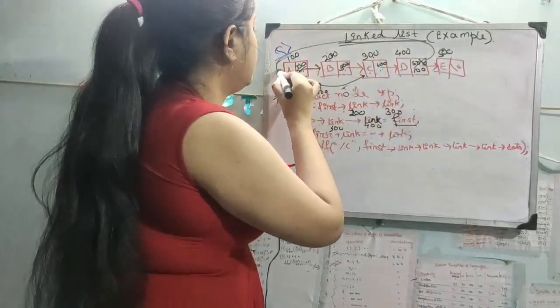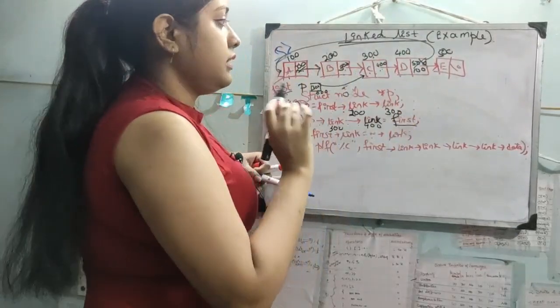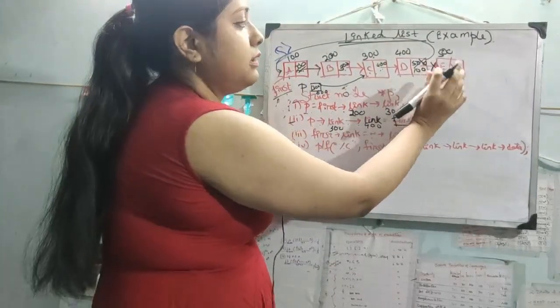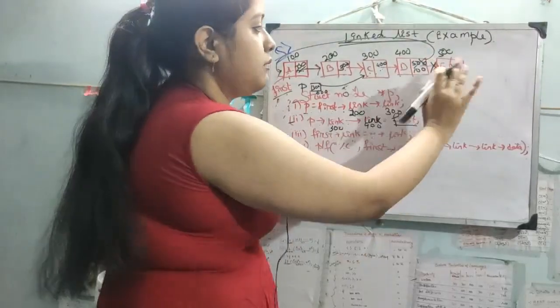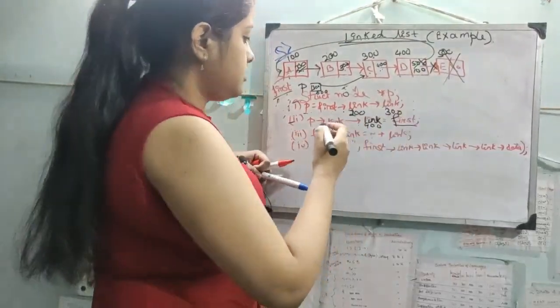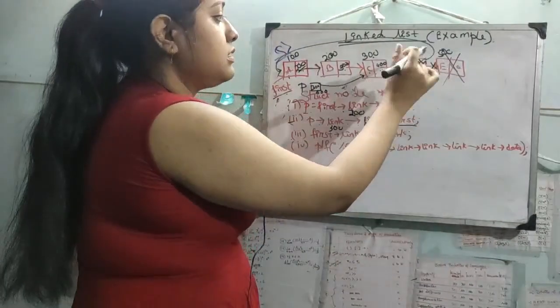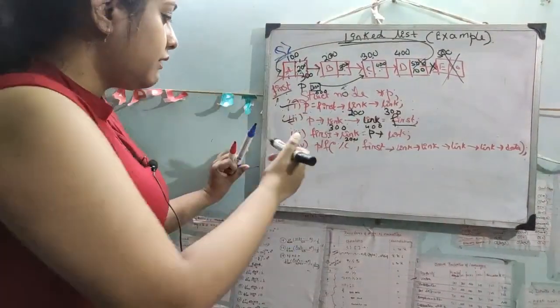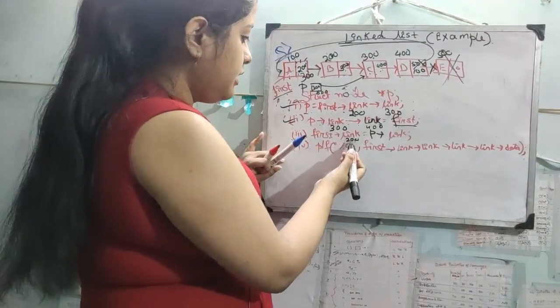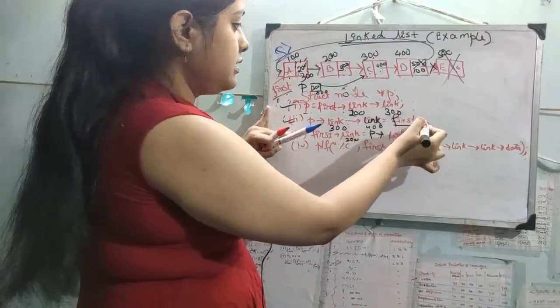So this is kind of a circular thing being made. This link is disrupted and this is lost in our memory. So this is lost, and now this link is created. 500 is replaced. So we are done with these two lines.